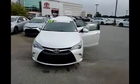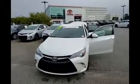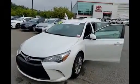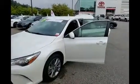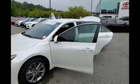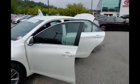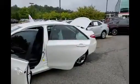I'm a product specialist here at locally owned and operated Heyward Allen Toyota, and I just took in this beautiful 2017 Camry SE. It is pre-owned certified, meaning it's gone through a 160-point inspection and has a 7-year 100,000-mile powertrain warranty. Now, as this vehicle has under 20,000 miles, you actually have a powertrain warranty for over 80,000 miles, which is absolutely amazing. Previous owner obviously took great care of this vehicle, as we're not seeing any major dents or